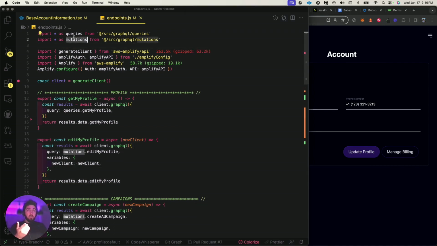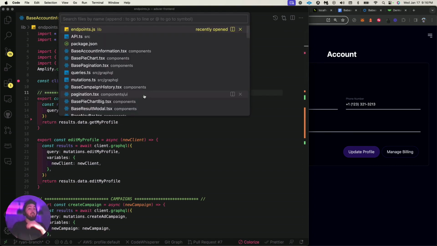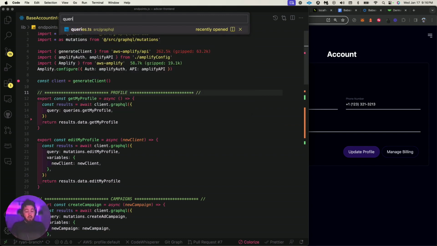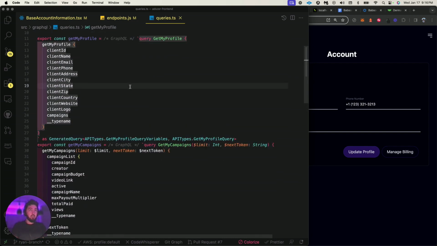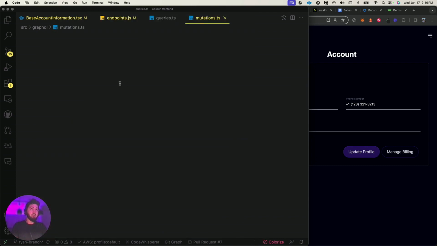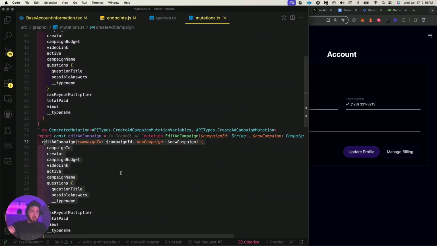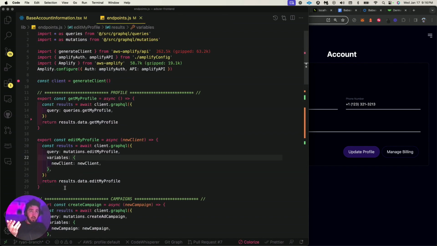So what I've done is I actually point my GraphQL endpoint at these queries that are generated, again, from the contract. So if any changes happen from the backend engineers, I don't have to touch anything. It's already brought in from GraphQL here. So all of my get profile stuff, all of my edit profile, these are my queries. So edit profile is going to be the mutations, of course. Edit profile, you can see it's there. Looks like how it is today, but I'm sure GraphQL will update stuff and it'll always change. But point is, my endpoints are linked up right here. After they're set up proper, I'm hands off, unless the name changes for the function.